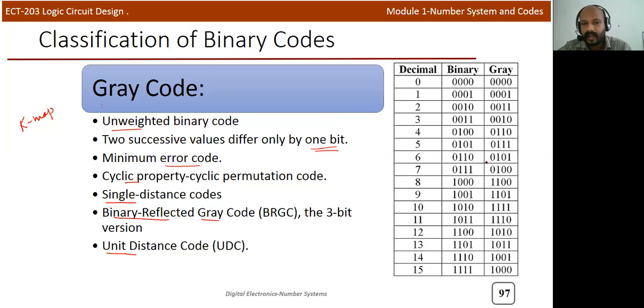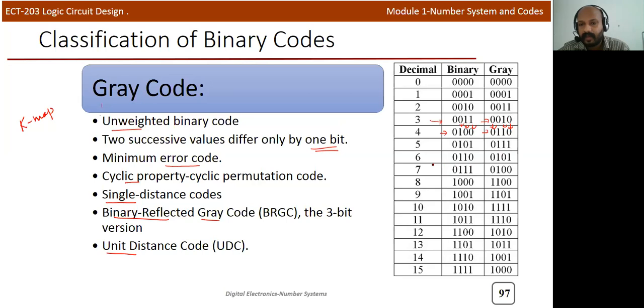We'll see how we can find this out. But for initial familiarization, you can see 3 represented in binary and 3 represented in Gray, 0 0 1 0. Here you can see 4 represented in binary and 4 represented in Gray. If you look at these two, the 0 is exactly the same, 1 is the same, only 0 to 1. But in the binary sequence, 1 changes to 0, 1 changes to 0, and 0 changes to 1, so a 3-bit change. But in the Gray code, the successive values differ by only 1 bit.